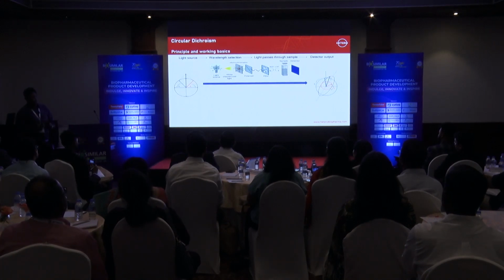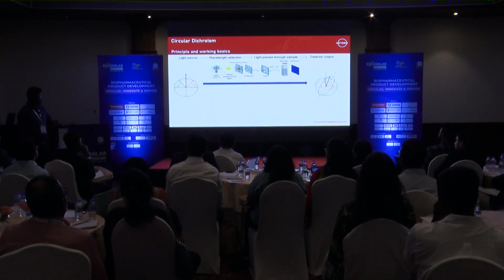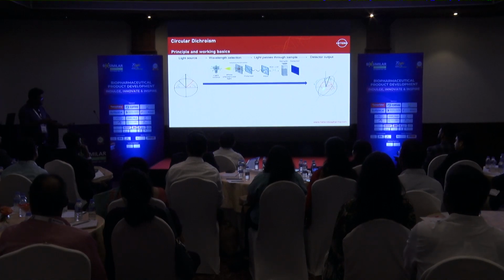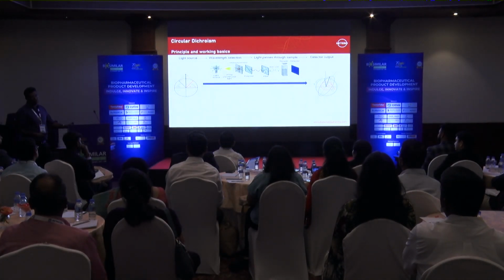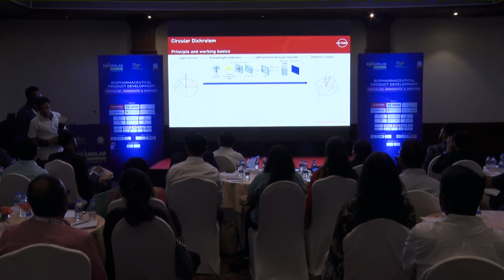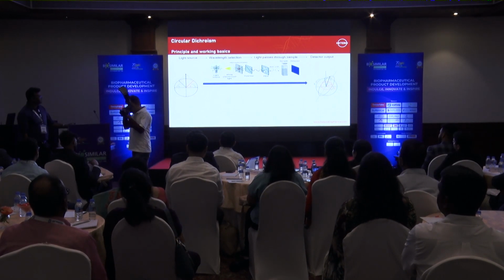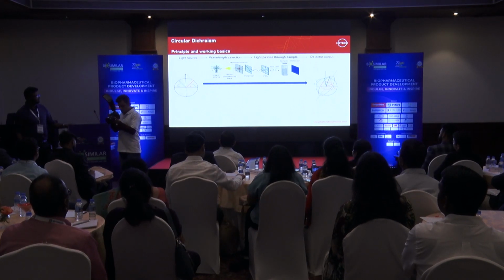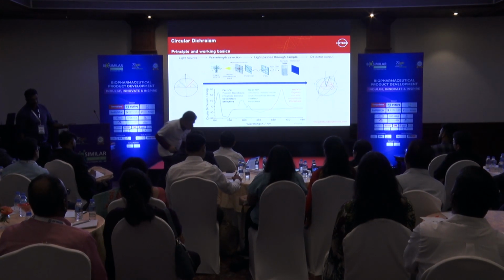So all the compounds that we are detecting, including biotherapeutics, are chiral in nature. So they would absorb the left as well as the right circular polarization. So the difference in the left and right circular would lead to an elliptical model. So this ellipticity is what we are measuring when we do the CD. And this measurement of ellipticity with respect to wavelength gives us a CD profile.